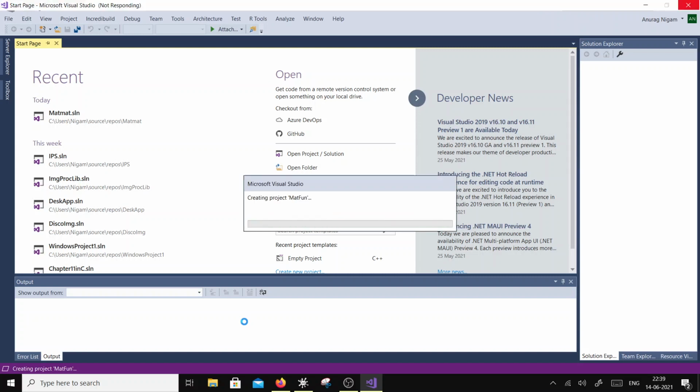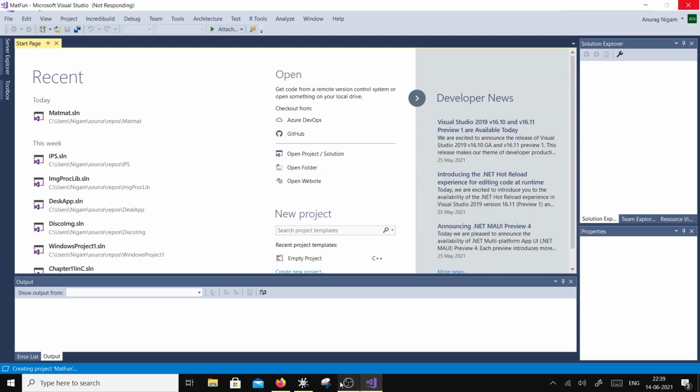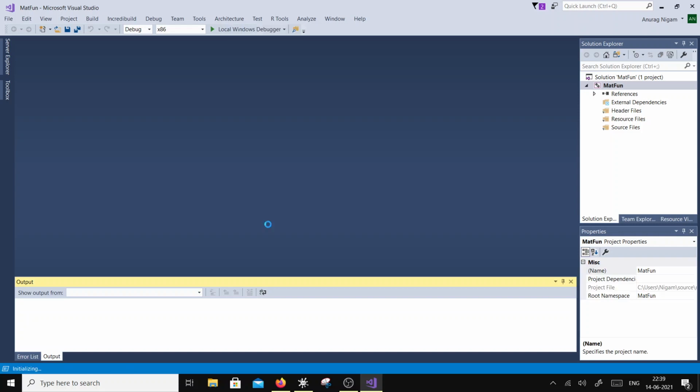Now I've got two choices. One is that the matrix can be created in a stack. The other is that the matrix can also be created in a heap. Now the heap comes under what is known as a garbage collector. If you follow my other playlist, you will know what a stack is, what a heap is, and what a garbage collector is. And I would encourage you to go through